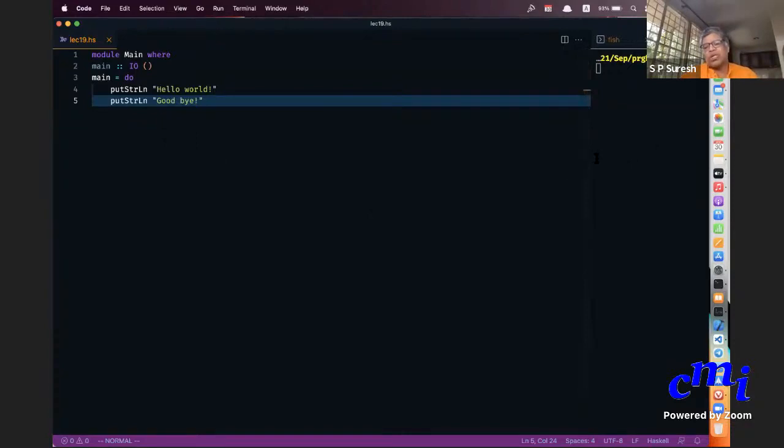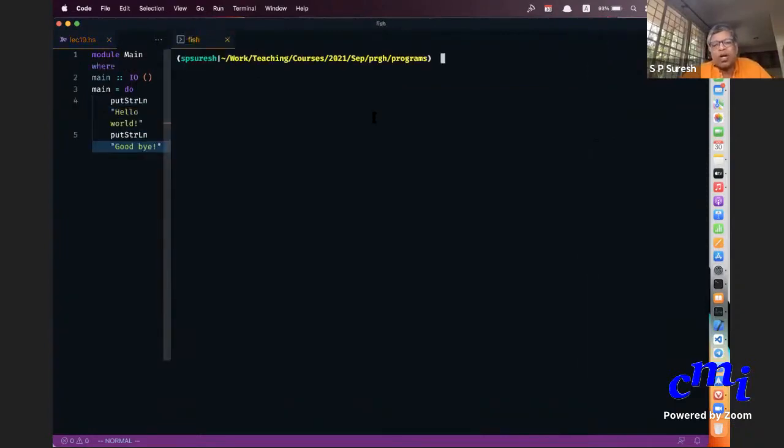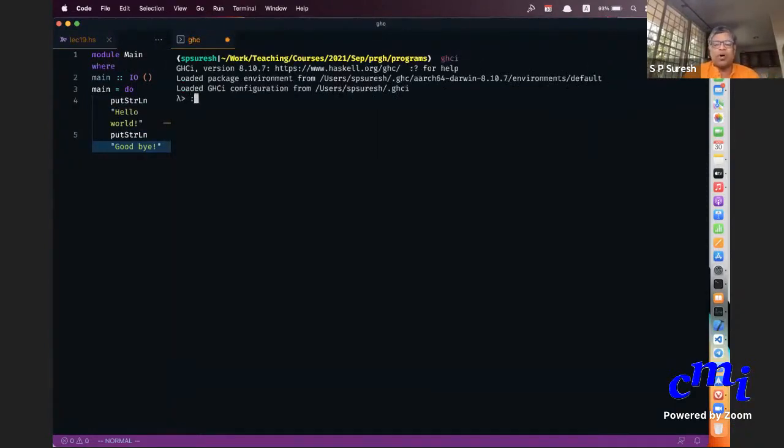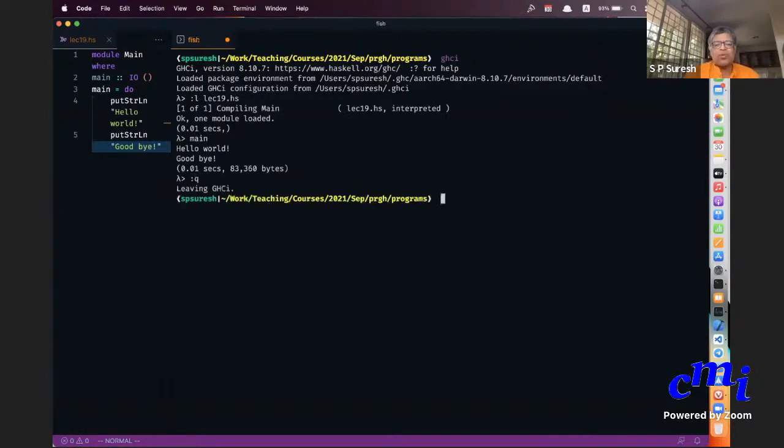And you can see here, I have written a program, and this program has main. Till now I was invoking GHCi, so I would do GHCi, load this program file, and then write the function name, which will do whatever I want to do. But suppose I don't want to go to GHCi, what do I do?